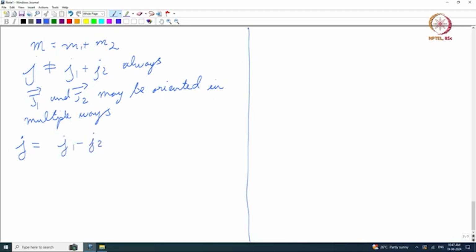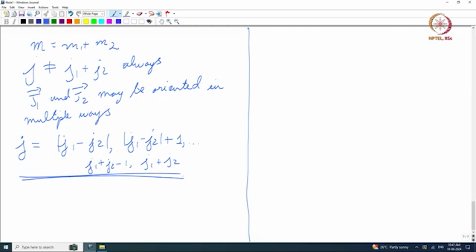is j1 minus j2, or the absolute value of that, right, because either j1 or j2 might be larger, and then I add a 1 to that, and so on until I get to j1 minus j2 minus 1, j1 plus j2 minus 1, and finally j1 plus j2, correct. And I leave you to count how many values of j can be obtained,